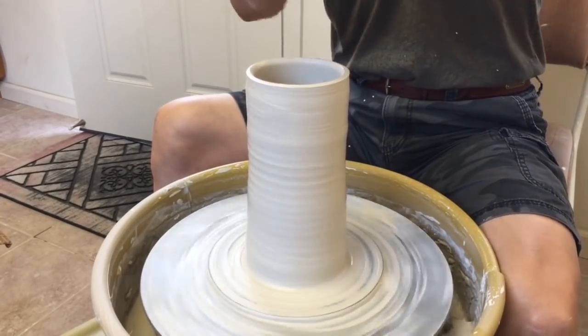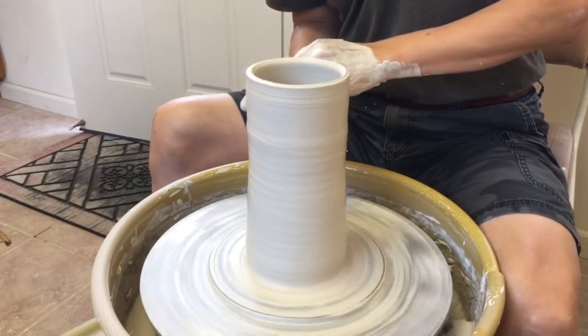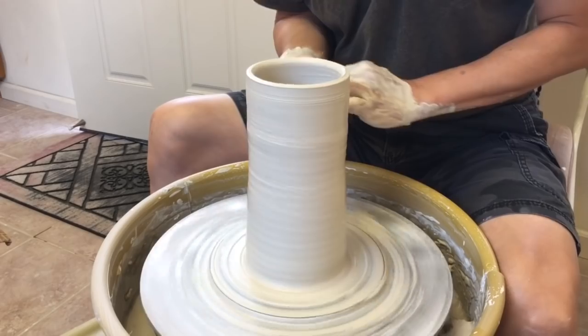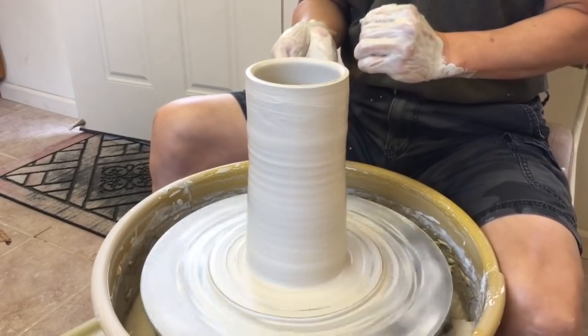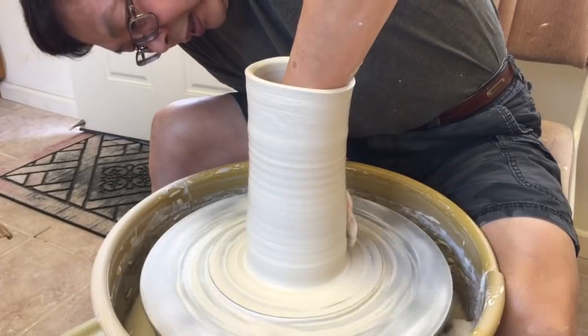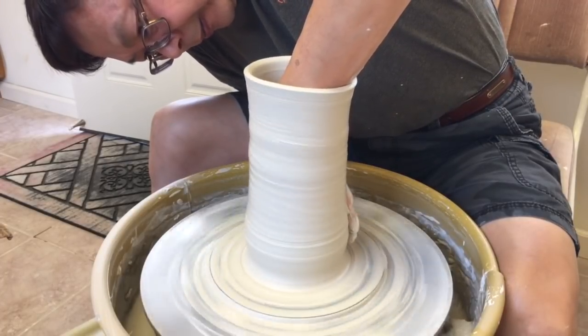Remove the slip. You can put it here. Right? Once you feel there's not enough, you've got a little spot there, right? So slippery, squeeze it and